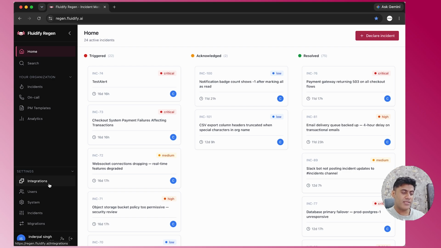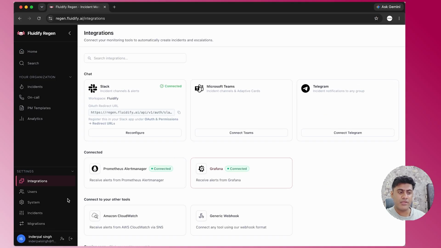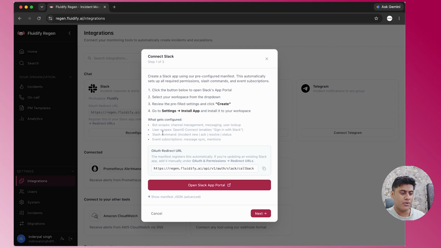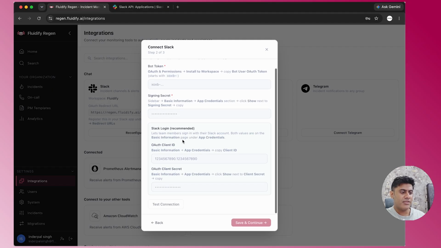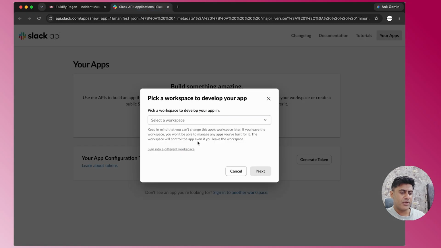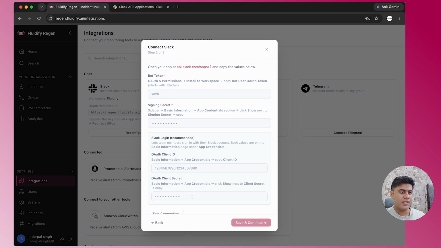So firstly, we'll be setting our region up. We need to have one communication setup which needs to be configured for bidirectional sync. So I just configured my Slack. I'm going to show you how I configure this. There's this OAuth redirect URL which I've created. I can directly go onto my Slack portal, where I'd have these details: my bot token, my signing secret, and Slack login, etc. So I can directly go and create a Slack app and just configure this in here, and I'll be all